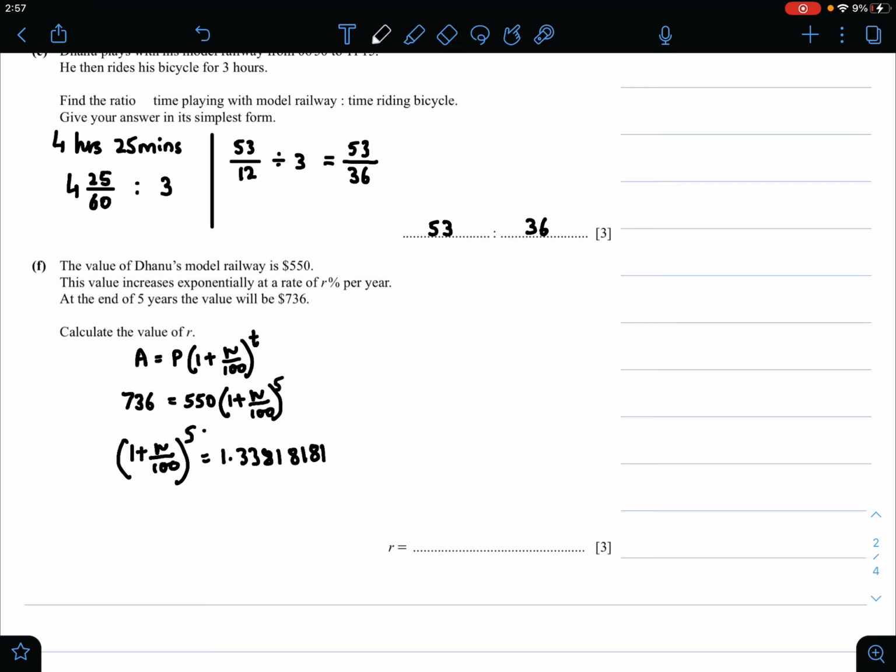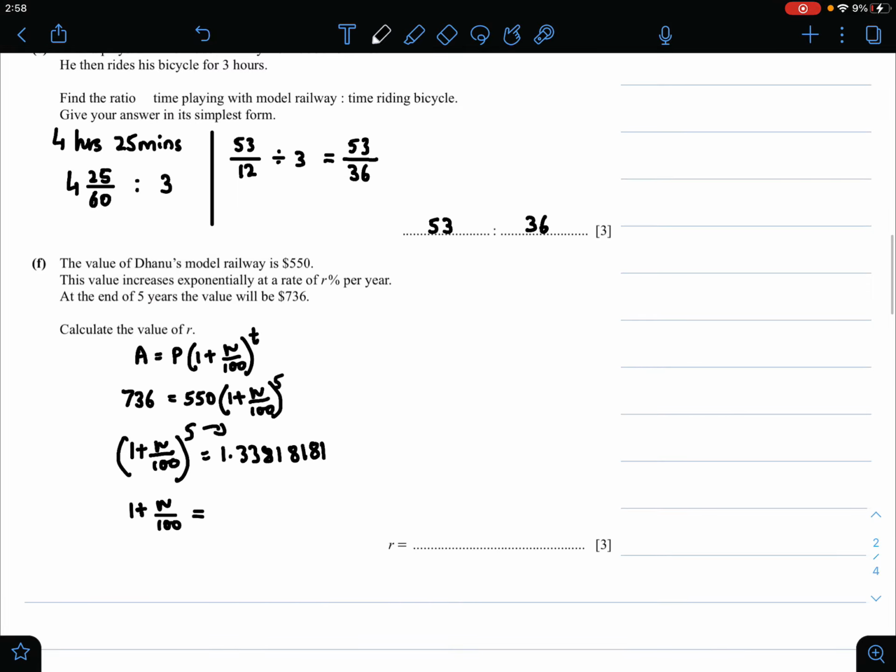Now let's take the 5 to the other side. When you take an exponent to the other side of the equation, it becomes the root of that exponent. So in this case, since it's raised to 5, it would become the fifth root of the number on the other side of the equation. So the fifth root of 1.3381818181